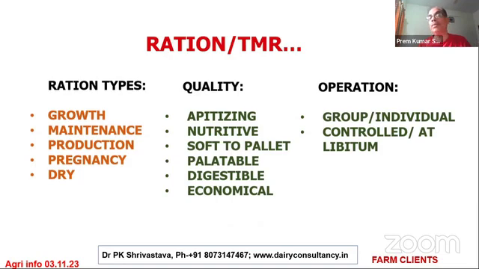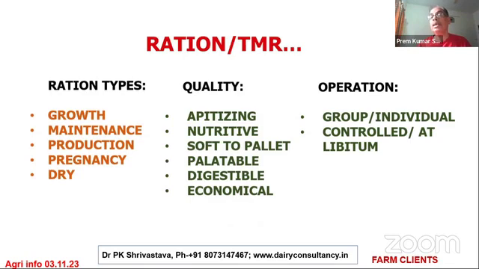They will be given dry fodder. They will be given something they cannot chew. There are no teeth at all. So all these things have to be considered in operation. Like, are we feeding group-wise, or are we giving individual food to the individual? No, we are not. Or the same food to all? Or is it a controlled feeding, or is it ad libitum? Like, I have left the cow, let it go, whatever it wants to eat, let it eat.